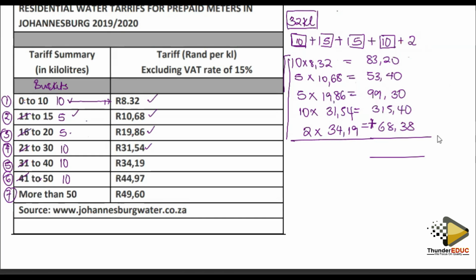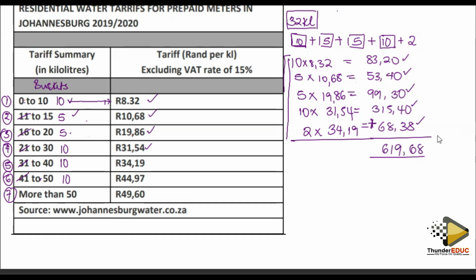We add all that we have and we look at that and we say, what's the answer? 83 rands 20 cents, 53 rands 40 cents, 99 rands 30 cents, 315 rands 40 cents, and 68 rands 38. We add them up and we end up having the answer here. It's what? 619 rands,